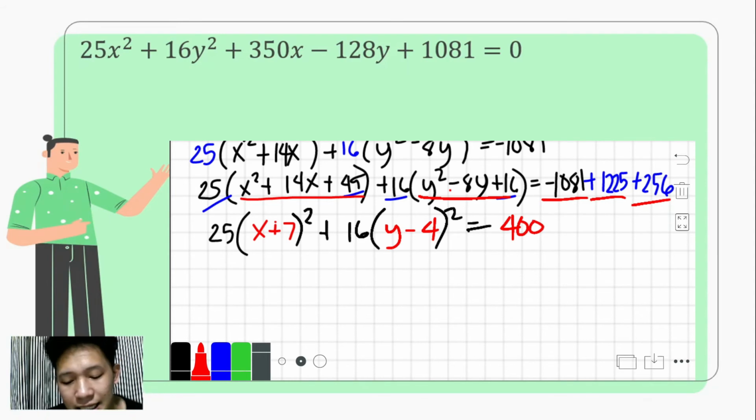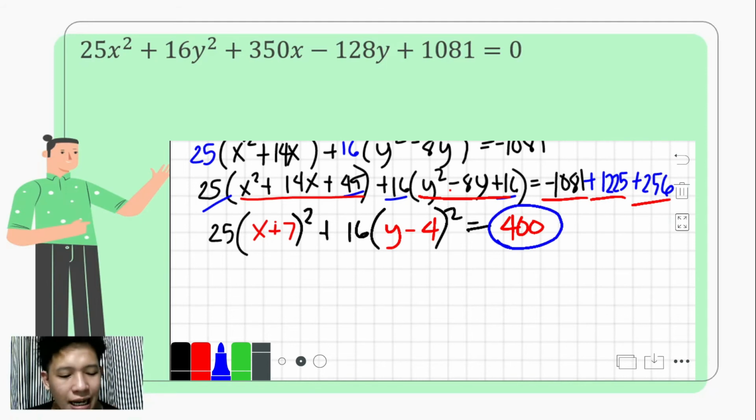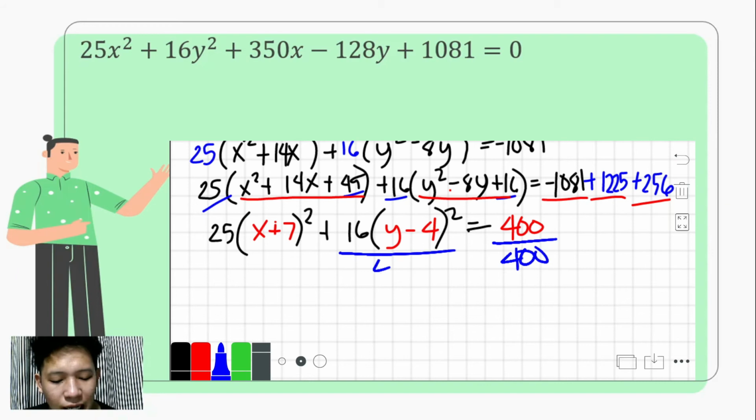And then after that, one side of our equation needs to be 1. And how do we do that? That is by dividing all terms by 400. Okay? So if we simplify this,